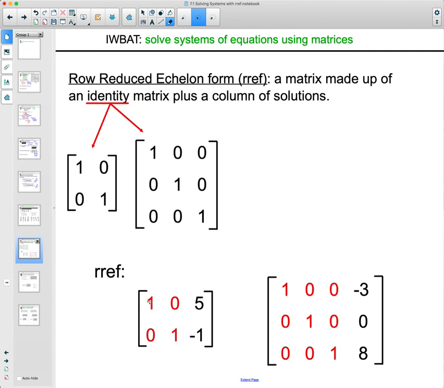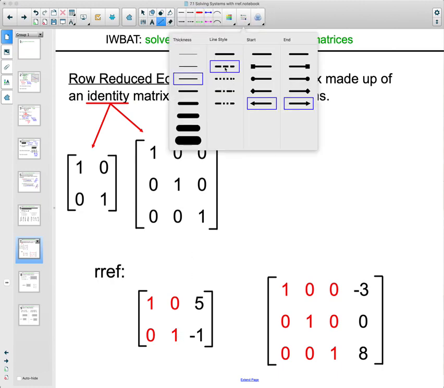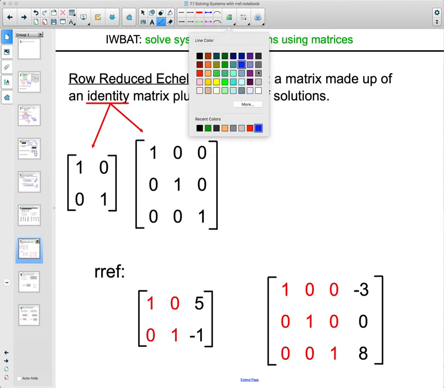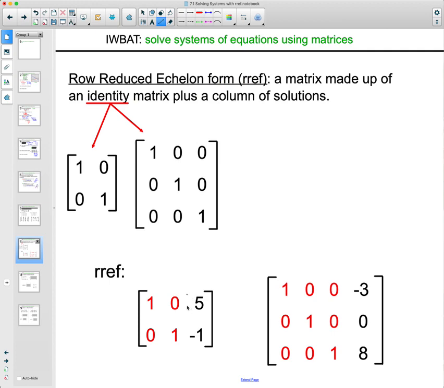Okay, so we see this identity matrix here. So if it's a 2 by 3, we see the identity here, 1, 1 along this diagonal. And then we see the answers. So I'm just going to put a little dotted line in here to show you kind of a break here. So you've got the identity matrix and the answers. If it's a 3 by 4, you see the 3 by 3 identity matrix, and then you're going to see